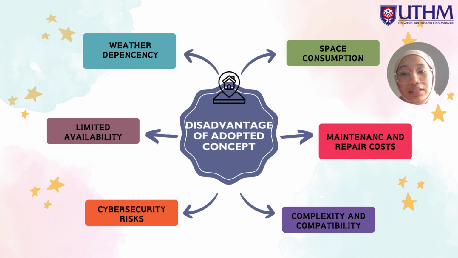Besides, the maintenance and repair cost surely will be higher. The environmental sustainability depends on the weather, and also the space consumption is very high too. Lastly, it also has a high maintenance and repair for the environmental sustainability, which is solar panels, solar water heater, low cost feature, and also native plant landscaping.